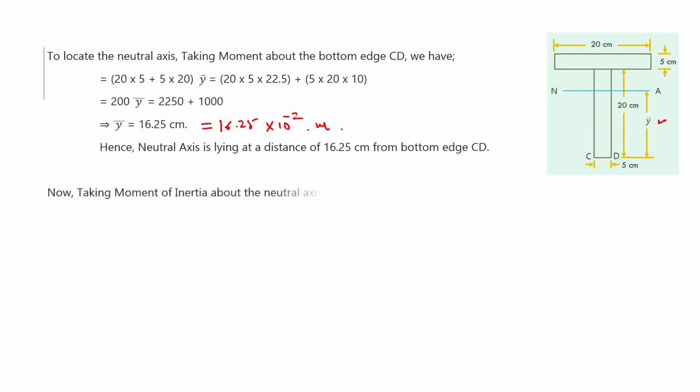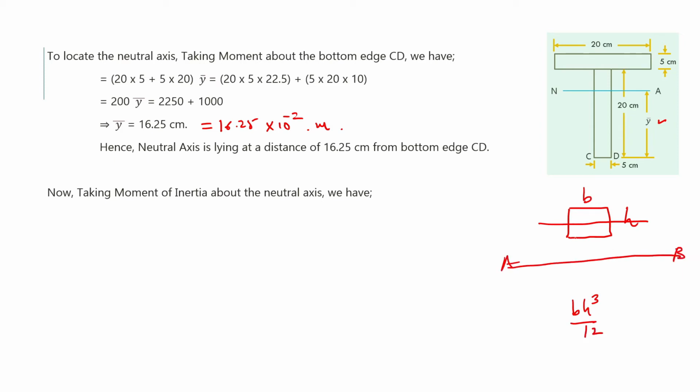Now we will take the moment of inertia of the cross section about the neutral axis. So for that, let us say we have a rectangular cross section area. This is the centroidal axis of this rectangular cross section. The width is b, the height is h. So the moment of inertia of this cross section about its centroidal axis will be bh cube by 12. Now let us say we have another axis parallel to its centroidal axis. This is AB. Distance between these two axes is, let us say, x. So if you want to find out the moment of inertia about this axis AB, this will be equal to moment of inertia about its own axis plus area of the rectangle, this is bh, into distance square. So this is x square. This is also known as the parallel axis theorem.